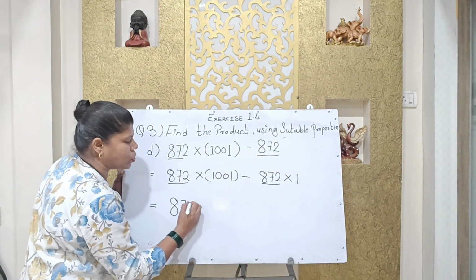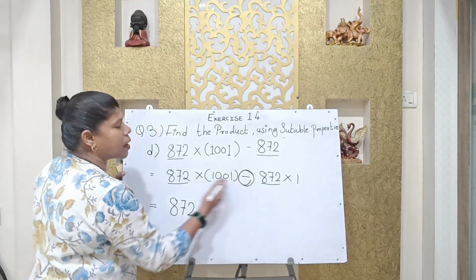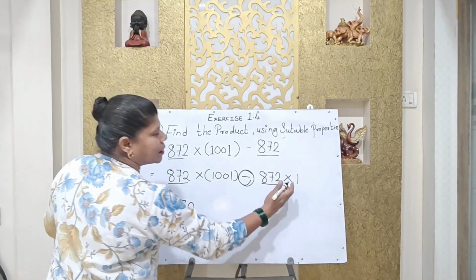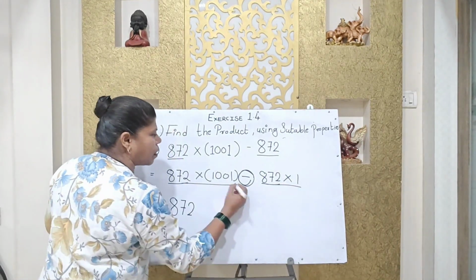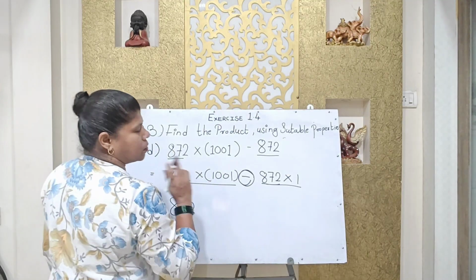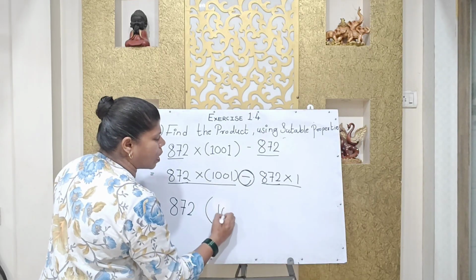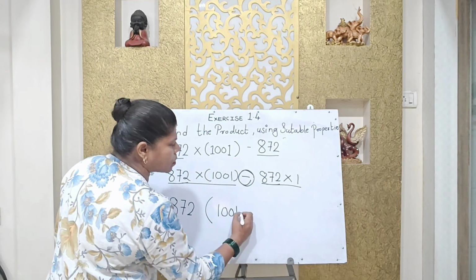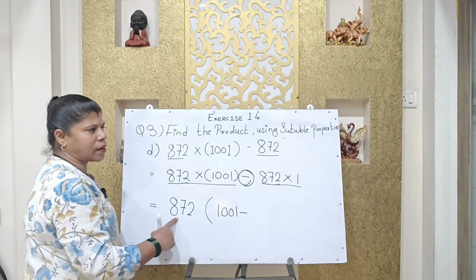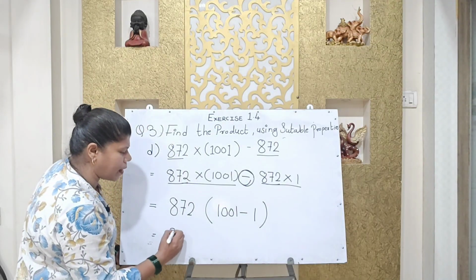So 872. This minus sign is splitting the sum into two parts. This is one and this one is another. So from this part, I am just taking out 182, which is the common. See, so what is left? This one, 1001. Again, I am putting this minus sign here, and this is common. So I have already put this number outside the bracket, and then this one. Now it is easy to perform.